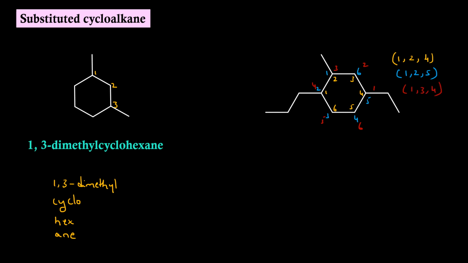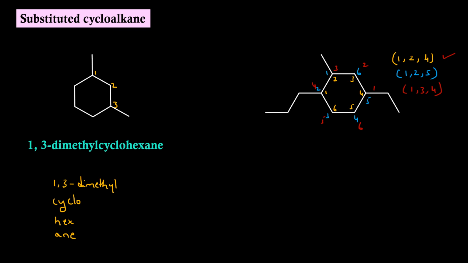If we use our lowest locant rule, the first position is a tie in all the 3 cases. And if we observe the second term, here it is 2, 2, 3. So the first 2 locant sets will win over the third one. Now since it is a tie with the first and second locant sets, we have to go for the last term. 4 in the first case, 5 in the second case, so 1, 2, 4 will win over the other two. So our yellow numbering will be the appropriate one.